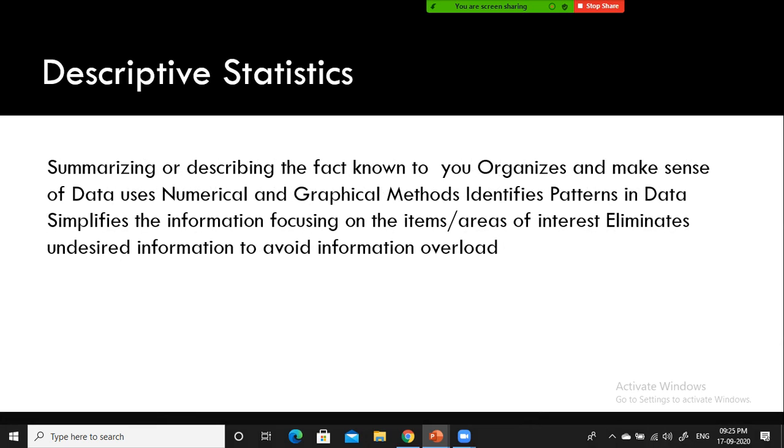So what is descriptive statistics? As part of descriptive statistics, we are summarizing or describing the given data. Right? So let's say you joined a company, you joined Walmart, and they gave you the order transaction related data. The problem here is the data they gave is 25 million records. 25 million records, it's a huge number of records.